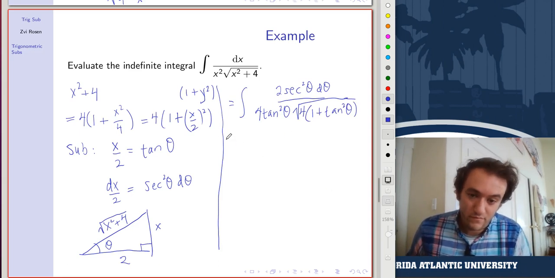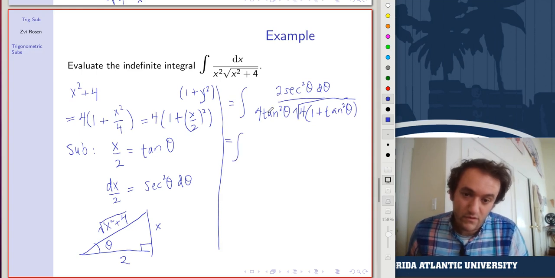Okay. So simplifying, we can cancel out one of the factors of 2 here. We're left with secant squared theta d theta